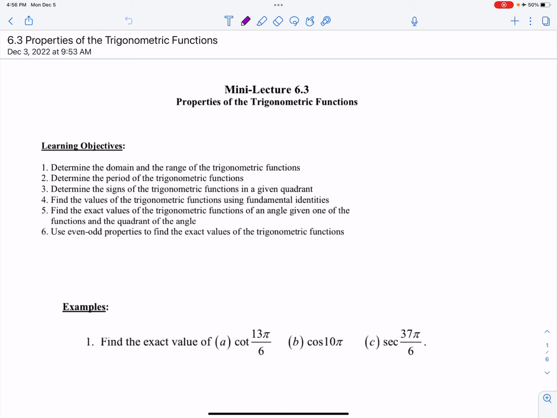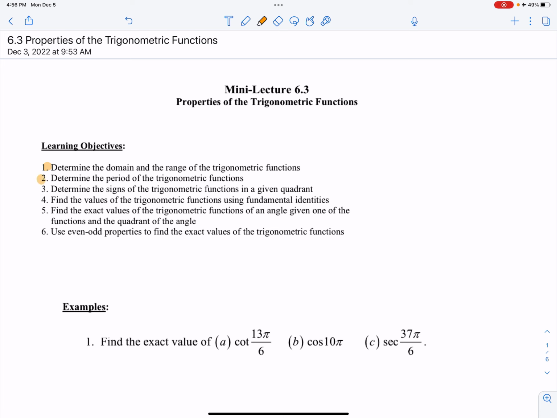Welcome to lecture for chapter 6.3. We're going to be looking at properties of trig functions. Some of our objectives are to determine the domain and range of the trig functions, determine the period of the